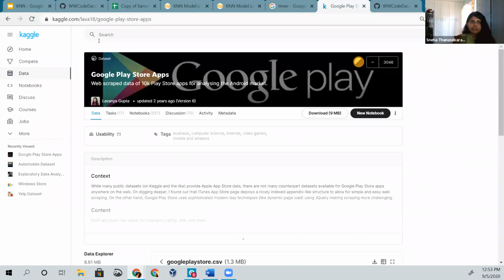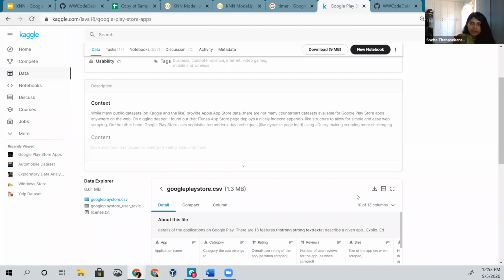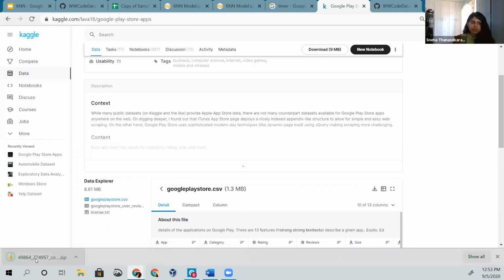So go to kaggle.com, follow the link to go to kaggle.com and go down to the Data Explorer, where you can see this button to download the Google Play Store.csv. Click on it to download, unzip it, and once you are done with that, go back to your